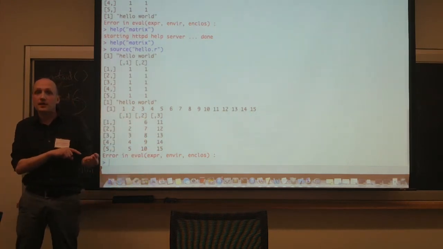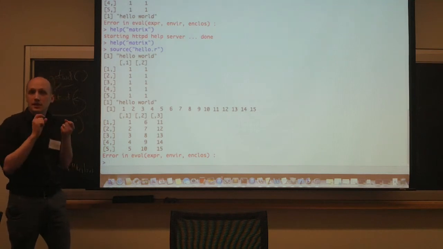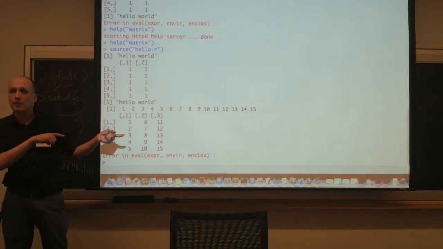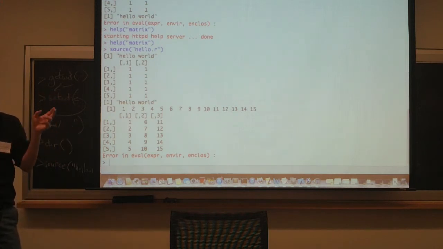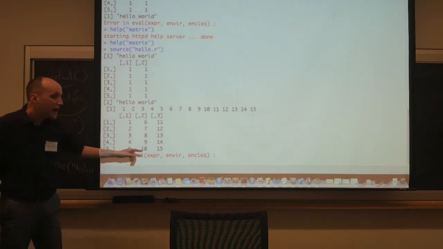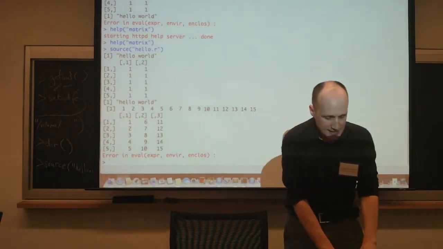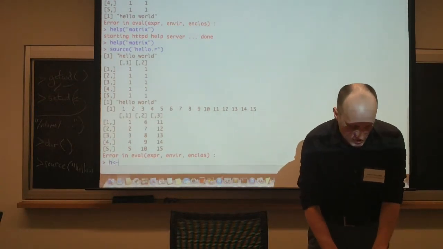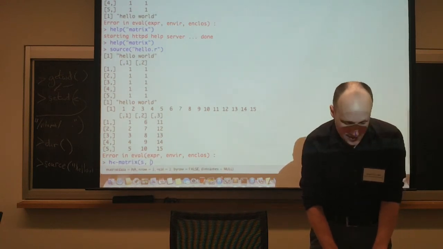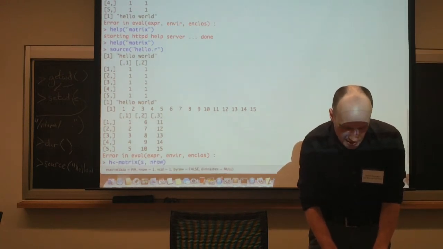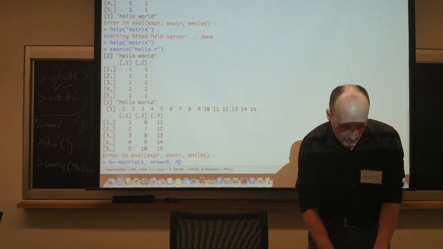If you wanted to populate it by row, there's an argument in matrix that you could have swapped if you look back at that help for matrix. There's a by-row argument equal to true or something like that; you turn it to false and it would populate it by row. Okay? It will recycle. So if I had said instead H is equal to a matrix, fill it up with S, and my number of rows now is going to be 6, and my number of columns is going to be 3.